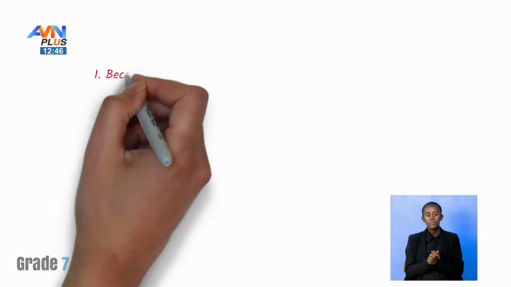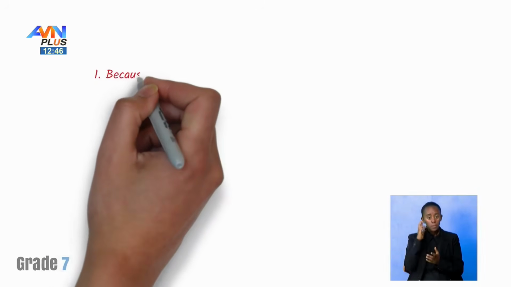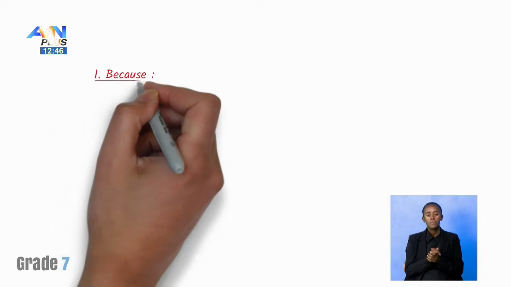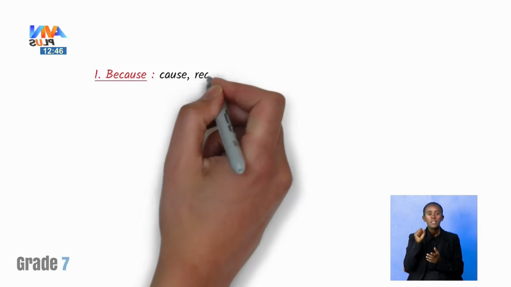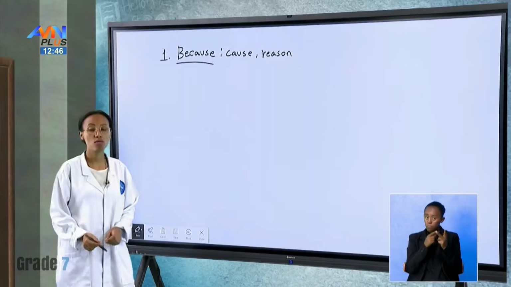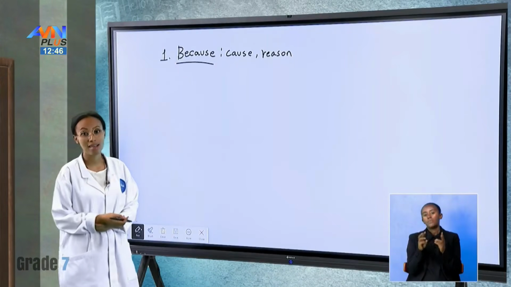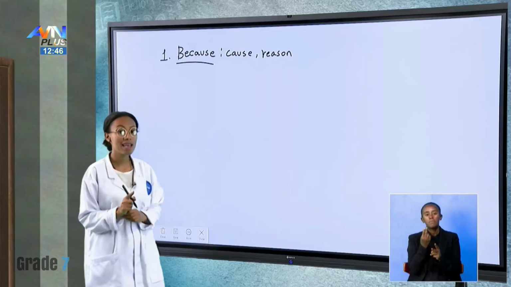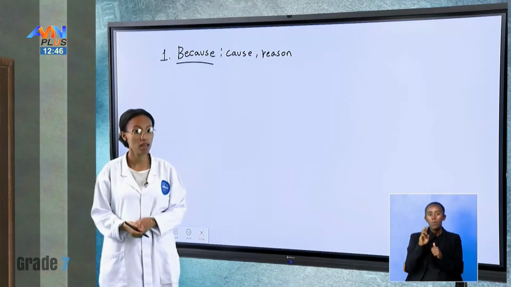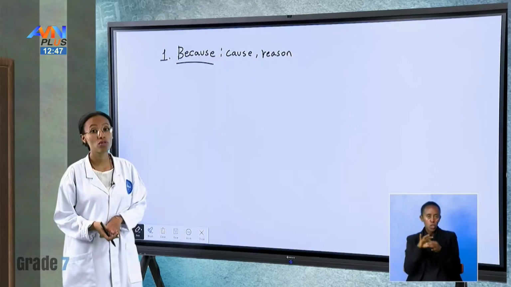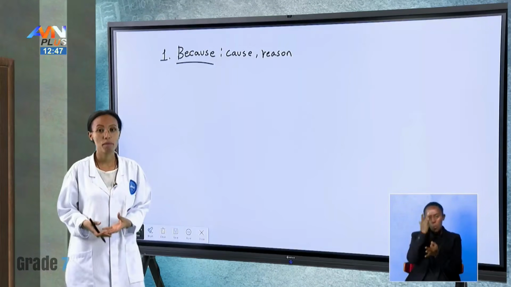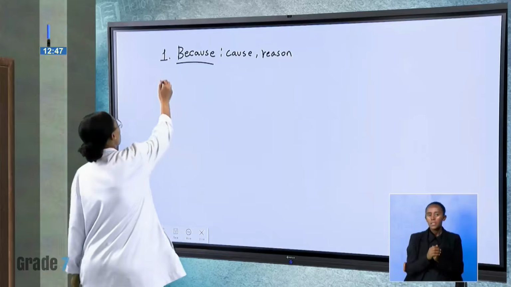The first one, because, is used in case of cause and reason. So this is the way we use because. Because, as we said, is a subordinating conjunction that we use to give reasons for why something has happened. For example,